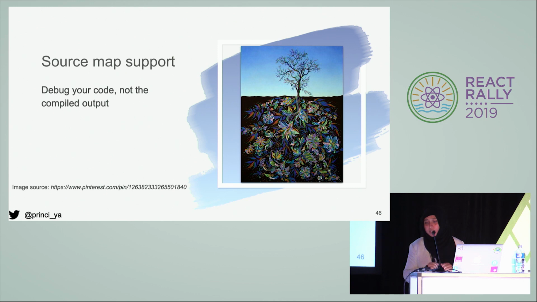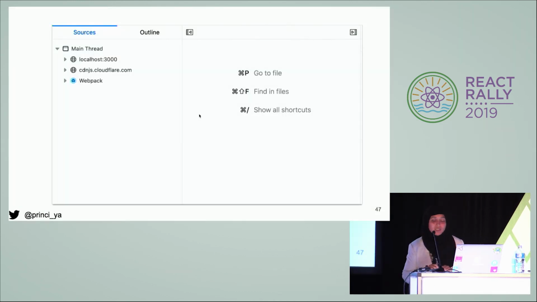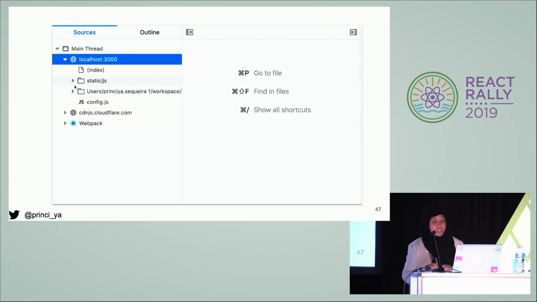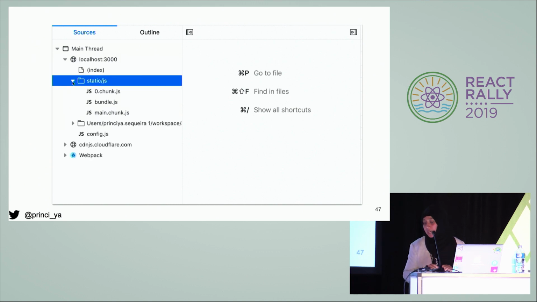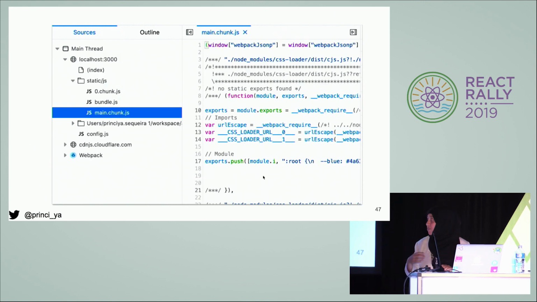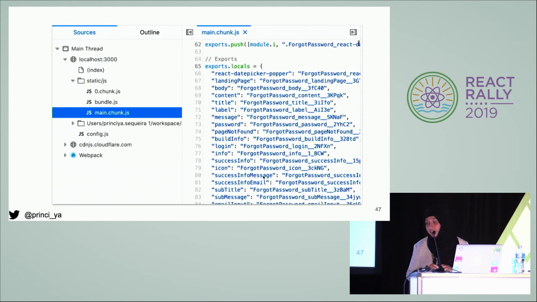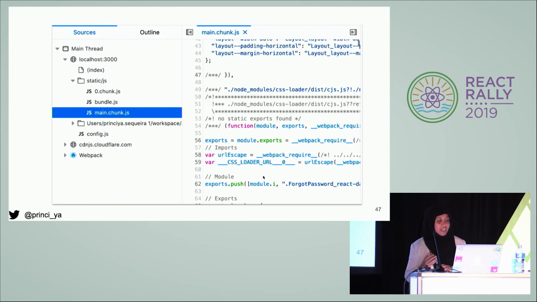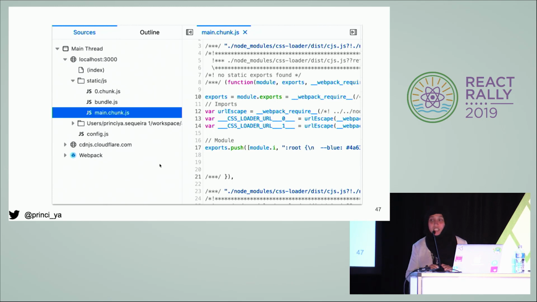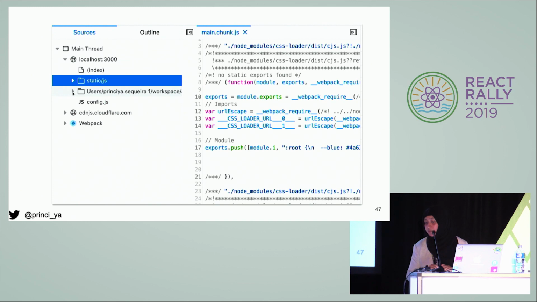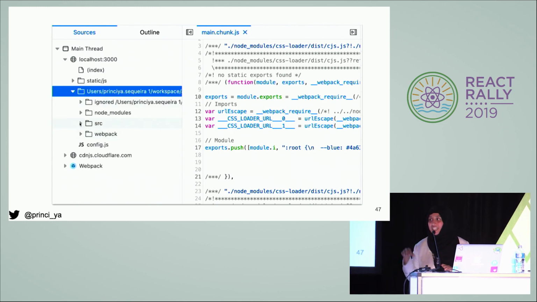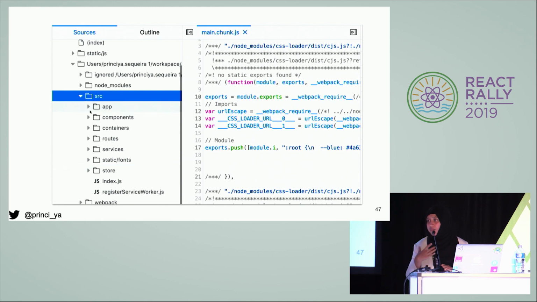And the source map support. Source maps let you debug your original code, not the compiled output. Tools like Webpack and Babel help us developers write clean code but generate more complicated code to debug, like this, which is the minified version of your React code. Now, the debugging experience makes you feel you are debugging your original code. It has source maps, so your compiled output is exactly mapped to your source, so you get the feel of debugging like you would in your editor.